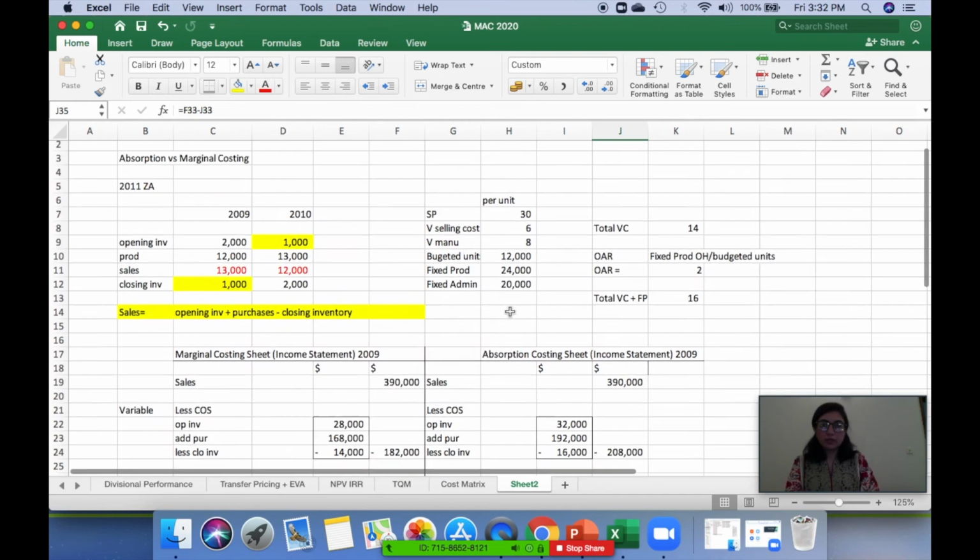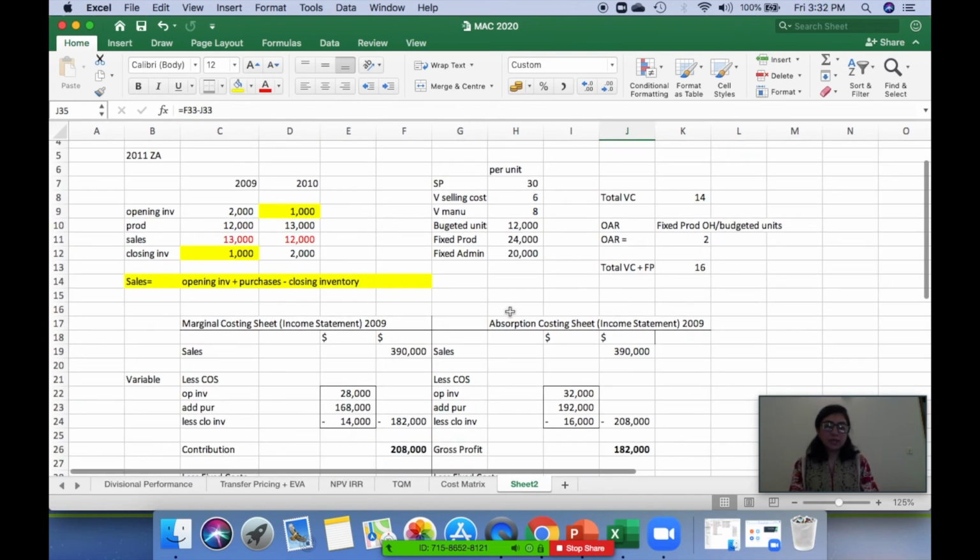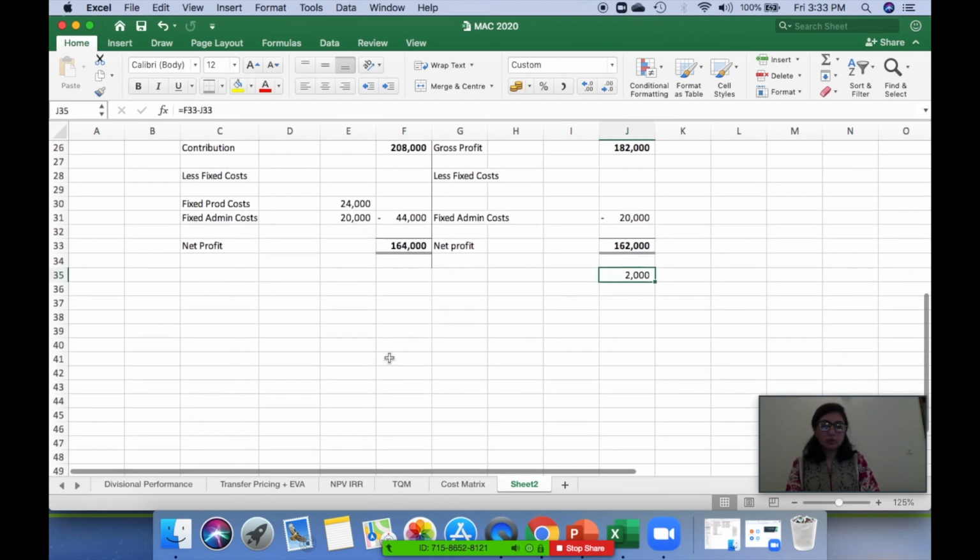So the last thing that we're going to do today is under and over absorption. What is under and over absorption? I'm going to give you a little bit of a trailer of under and over absorption, but we are going to put it into a question later on. We are going to do it through an example later on. It is a very small part of it, but it is a very key area of management accounting in this chapter, that is absorption versus marginal costing, right?